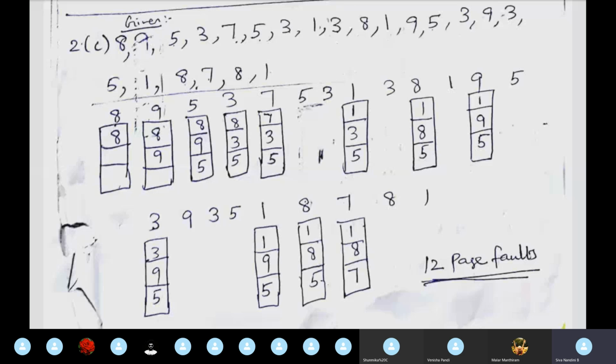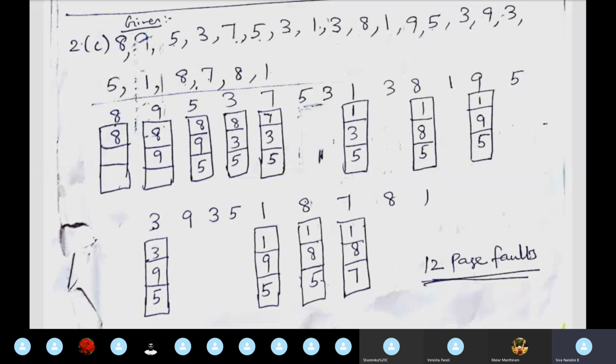So this 1 and 5 are the pages which are going to be used within the shortest period of time. So what is the other frame available other than 1 and 5? We are having 8. So we can replace this 8 with this page 9 in the frame. Okay. Now the new block contains the content 1, 9 and 5. So after this 9 we are having 5. This 5 is already available in the frame. So no need for any replacement at all.